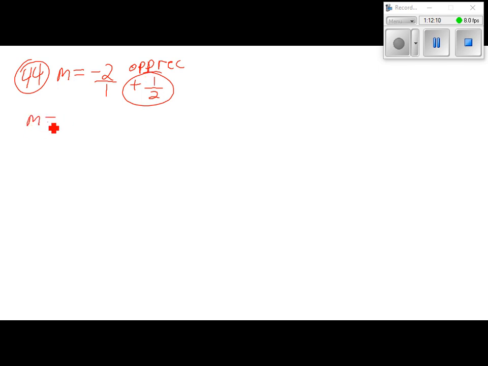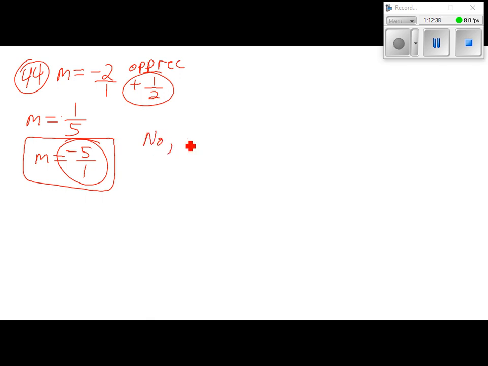Well, a slope less than 1 could also be something like 1/5. That's less than 1. The opposite reciprocal of that would be, if we flip it over, and this was a positive, change it to a negative, now that slope is negative. So this is a counterexample. So is your friend correct? No. If m equals 1/5, then